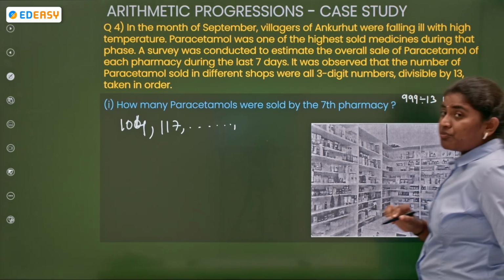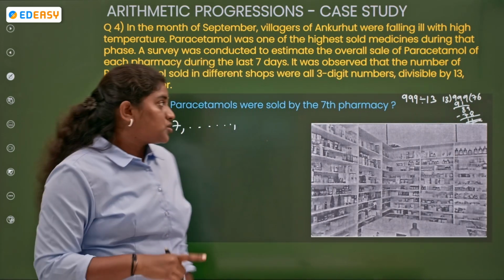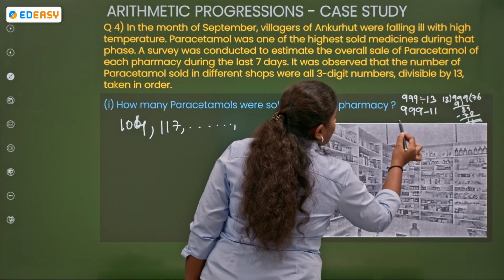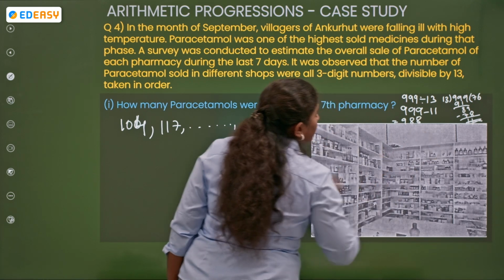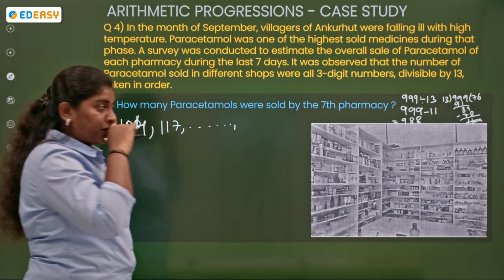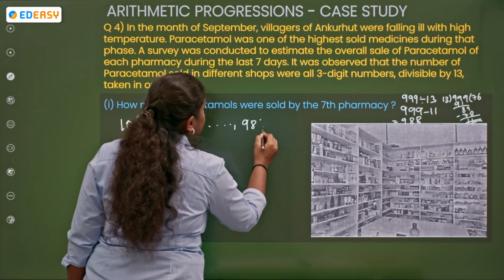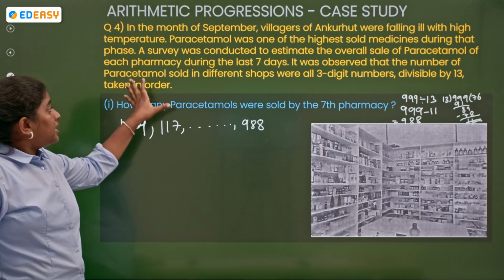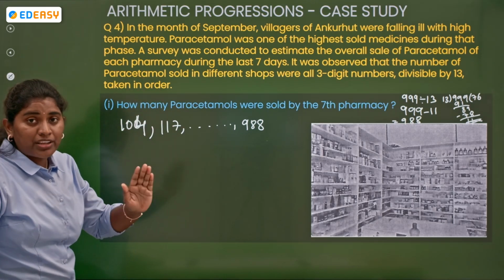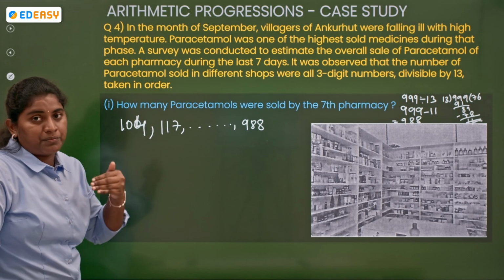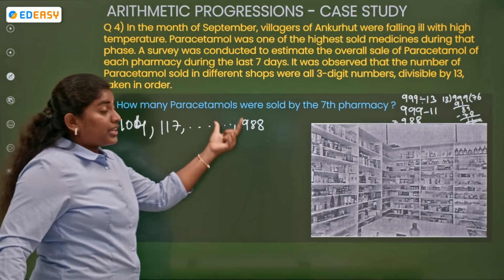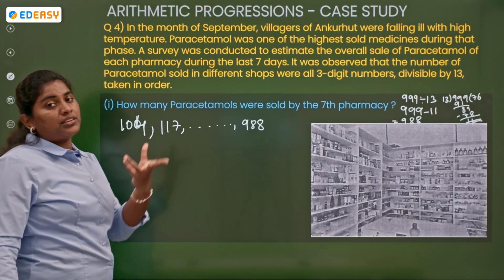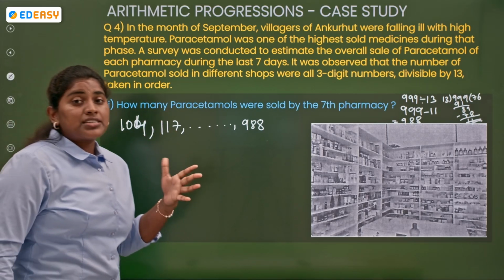So what is the remainder we got? The remainder we got is 11. So now from 999, if you subtract 11, you will be getting 988, which is divisible by 13. So now here the last one is 988. Now clear about the AP? In these types of situations, where the AP is not given, we need to identify the AP. But mostly try to find the last term if the divisibility rules give you a chance, because if we are solving for the sum, it will be very helpful for us.